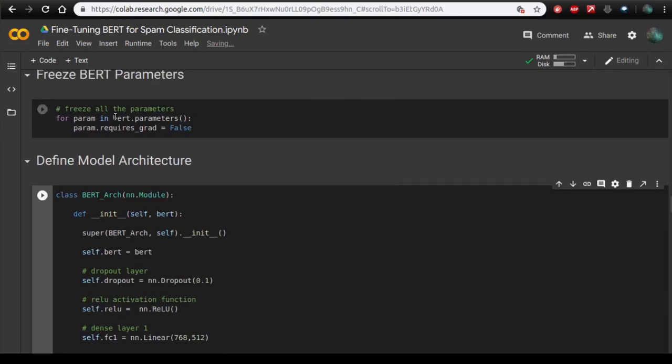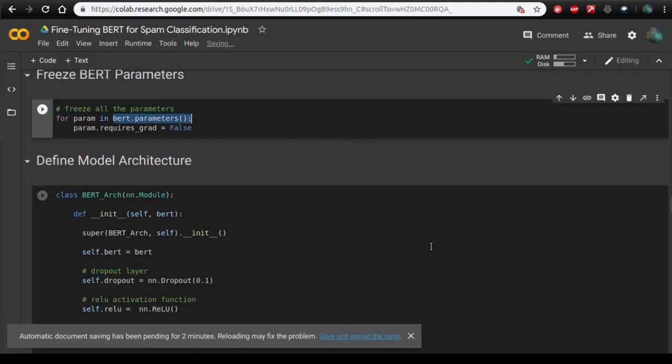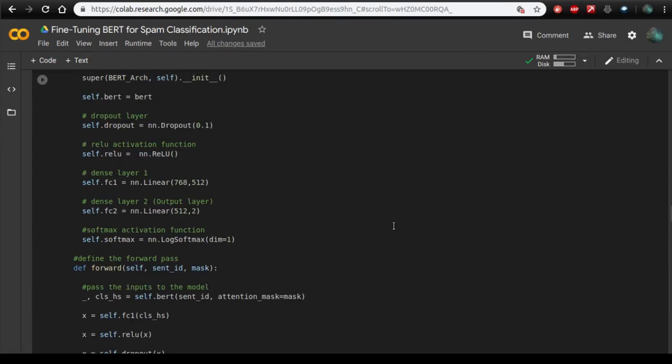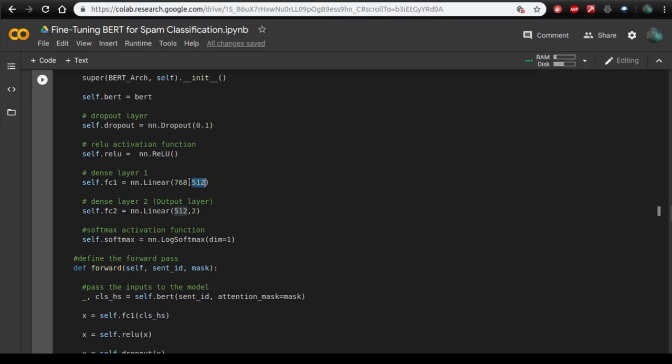The weights of the BERT model will remain unchanged. There is one more important thing that I want to tell. You see this number 768? This is the input dimensions of this layer. And why have we set it to 768? Why not any other number? This is because the output of the pre-trained BERT model is a vector of length 768. And the output dimension, 512, is specified by the user. So it's a kind of hyperparameter, and you can change it to any other number as well. Change it to 256, you can change it to 128.